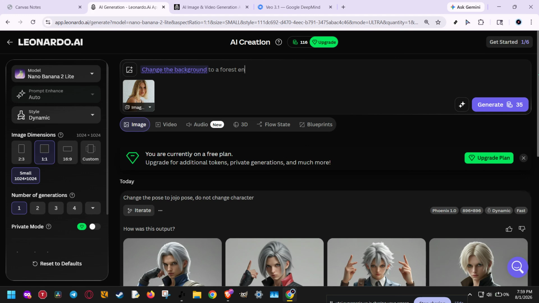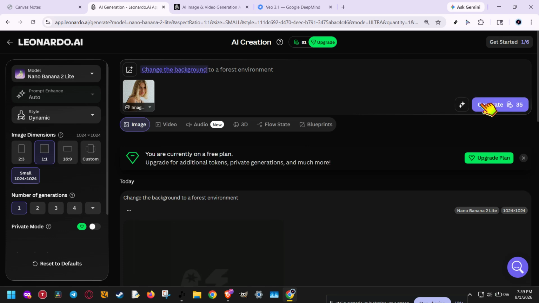Now that everything is set up, click Generate and let Leonardo AI render the image. Depending on your settings and the strength of your reference, the result should closely match your original character while placing them into the new scene you described. If the first result isn't perfect, don't worry. You can refine the prompt, adjust the reference image, or try a stronger and clearer master image until you get